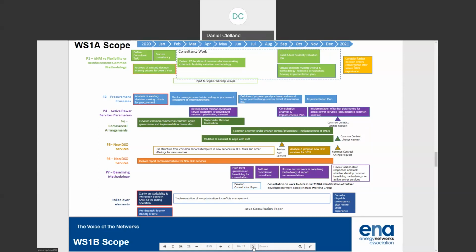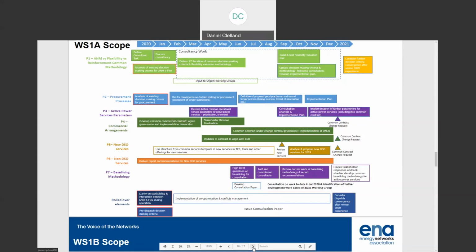Yes, we recognize that there will be some variations due to location, individual requirements for individual DNOs, but what we're trying to do here is standardize those terms and conditions as much as possible to make those contracts and those services as consistent as possible out to the market. So this is something that was asked of us, and we've changed from a sort of good practice for commercial arrangements into a formal standard commercial contract.